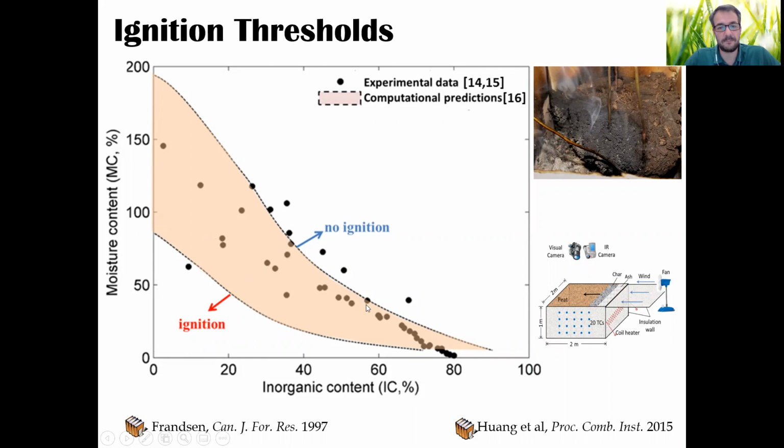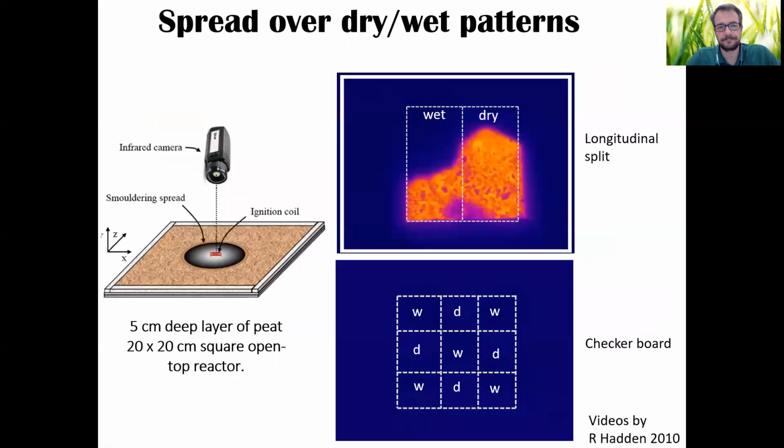This is a very useful map where you can already go and take samples in the field, and you can put your samples in this region, or in this region, or in the border between them. This is work that has been confirmed experimentally by Franzen and later numerically by Hazelab, my group. And we consider this type of behavior a very important fundamental knowledge of smoldering combustion.